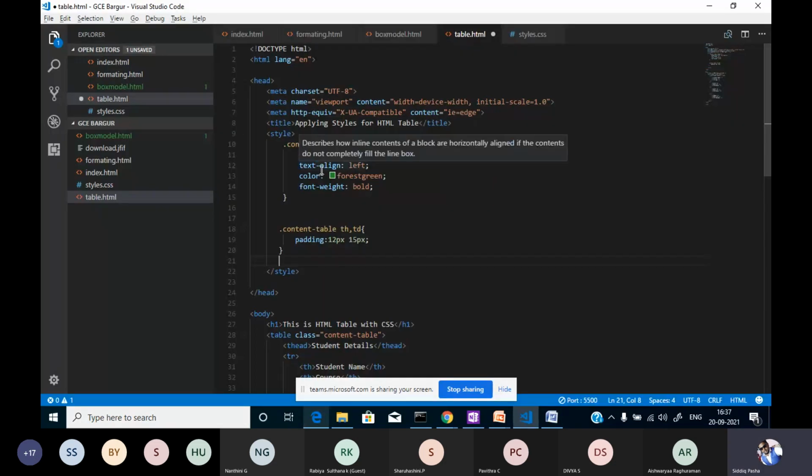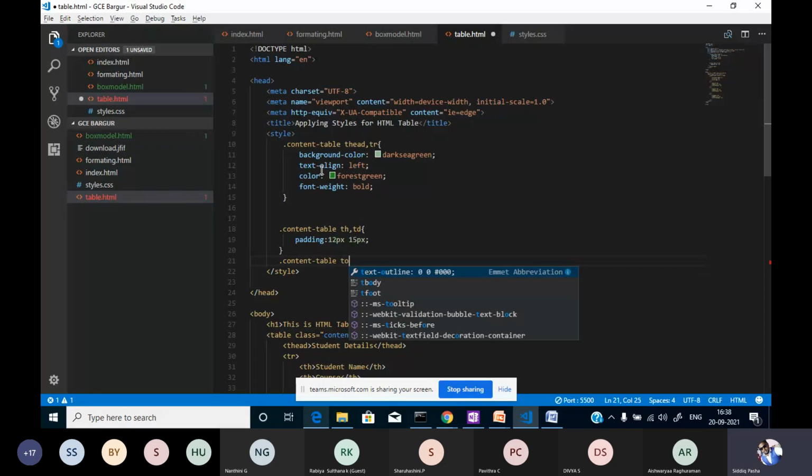So that property is called... I'm referring to the table, the content table. In that table body we have a table row.